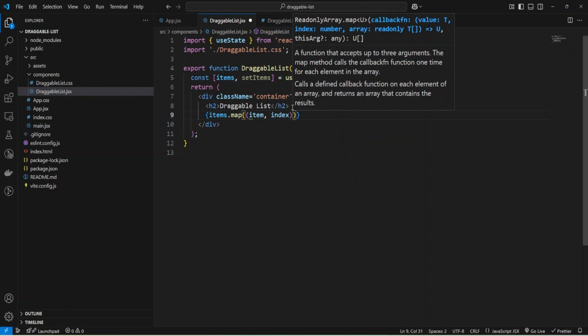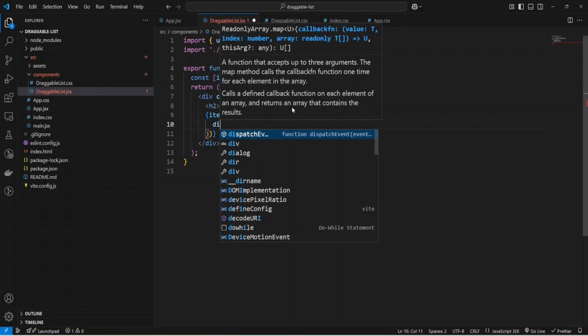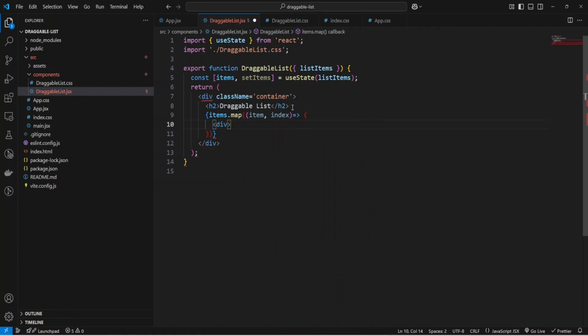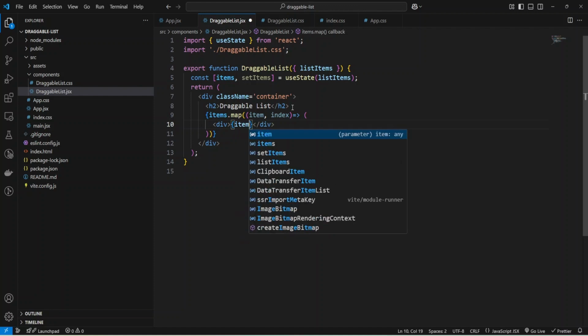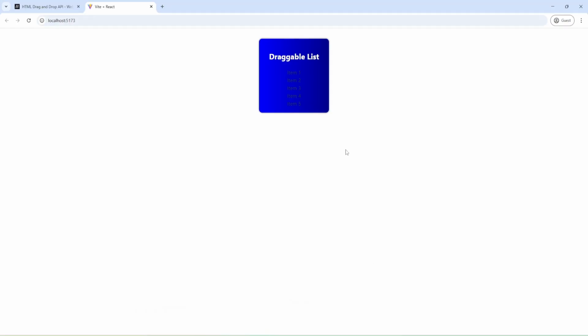For each item, I'm going to add a div and close the div, and we'll provide the content of the item, and I need code here, item.content. And let's check what I have so far.